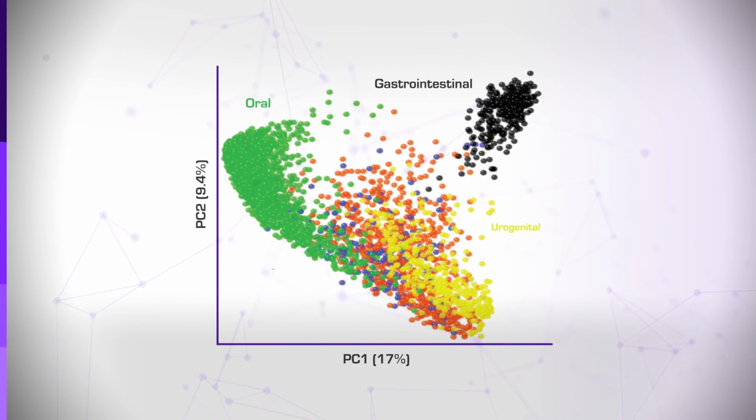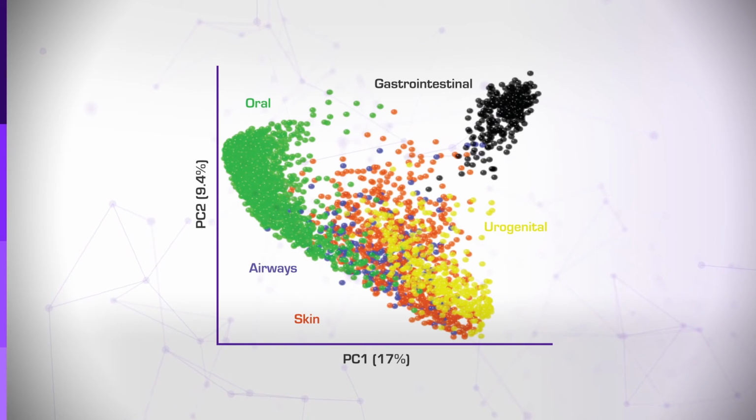Another example is comparing the bacterial communities within and between various organs or locations on the body. In the figure, each dot represents a community of bacteria taken from a specific body area in a single individual, as characterized by principal component analysis. We can see that each environment in the body harbors a different community of bacteria, and that, for example, gut bacteria of different individuals are more similar to each other than communities taken from two different organs of the same individual.